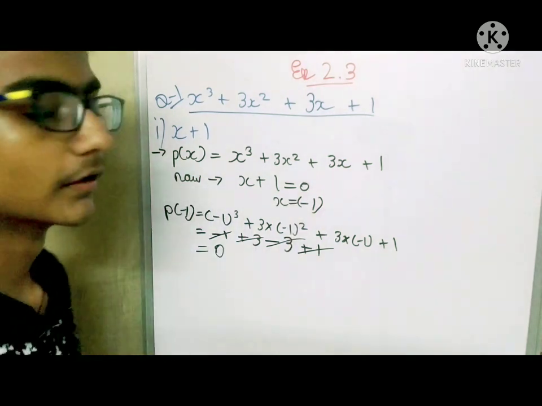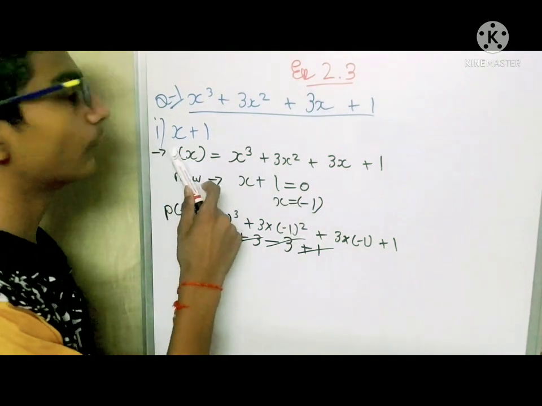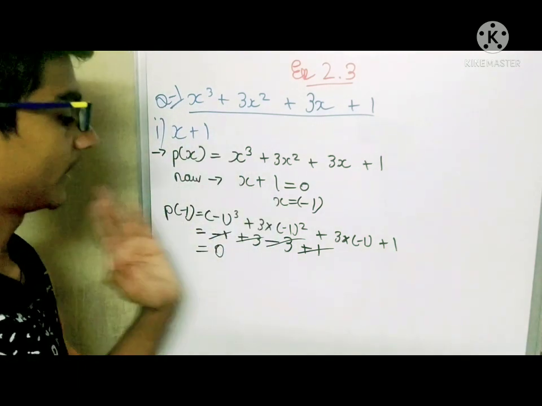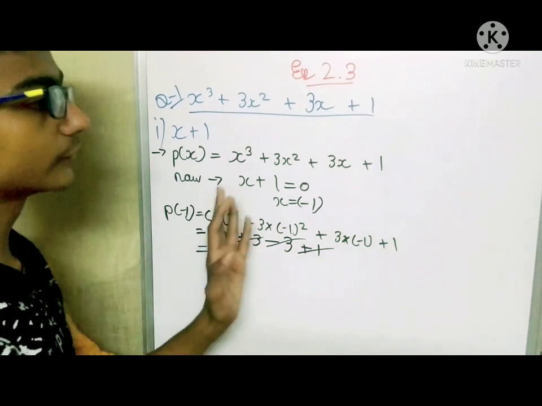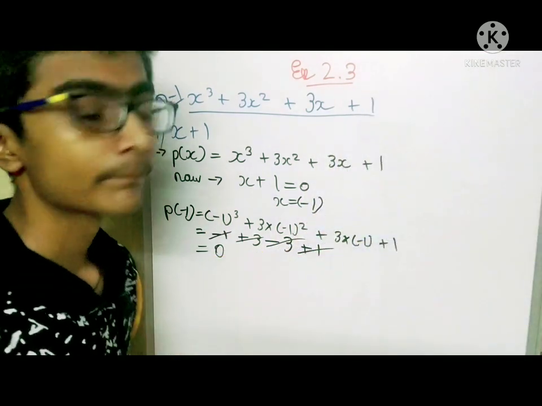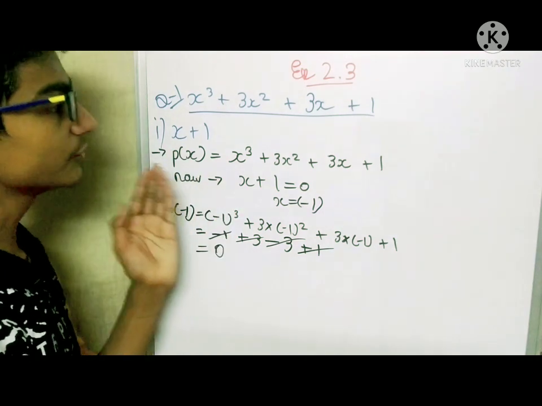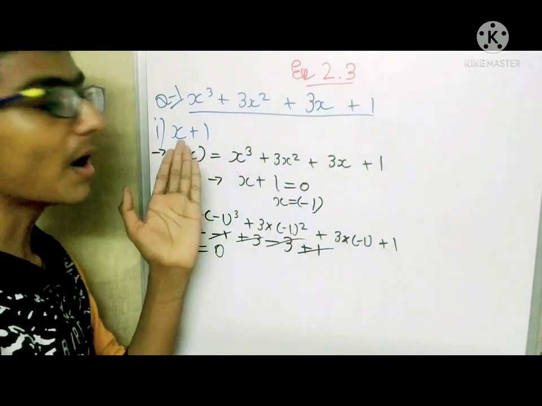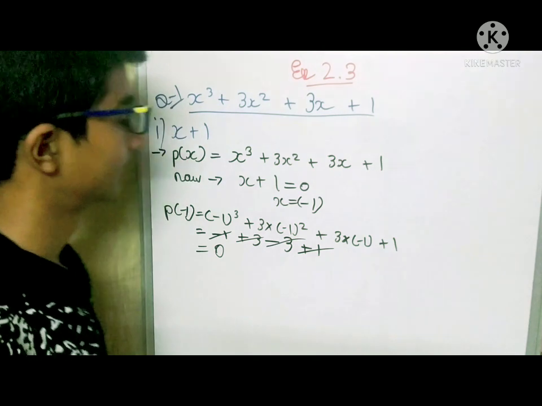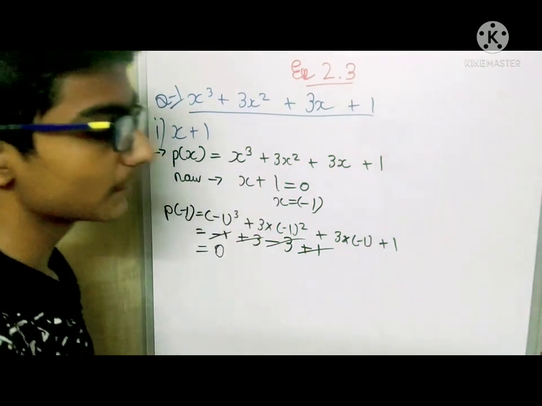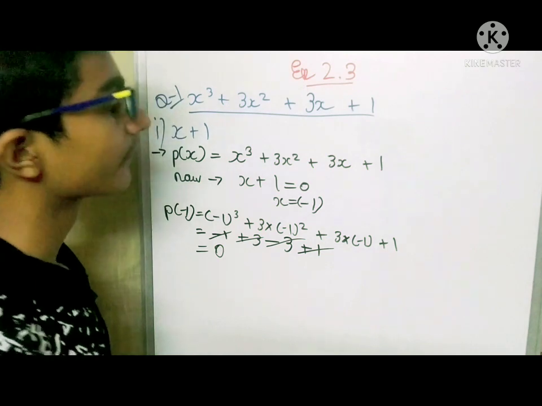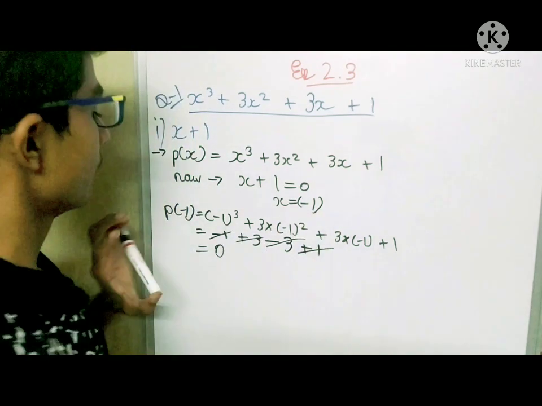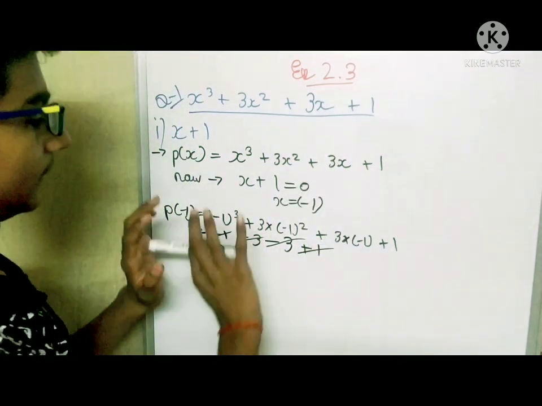Here it is solved. Point number 1 of question number 1 is solved. You can simply do it by using this method if in the question the long division method is not mentioned. In the examination, if the question mentions it, then you will have to do the division of this polynomial by this term using the long division method. And what is the long division method? I will show it when we reach that question. But right now we are going to solve it in a simple way.